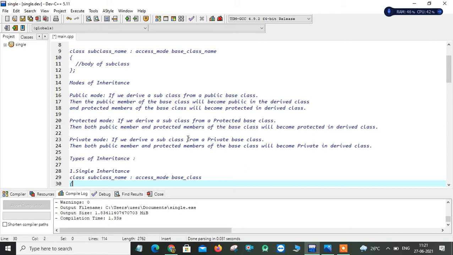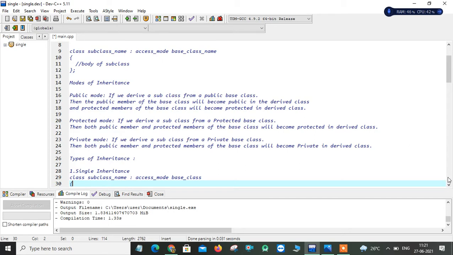This means how far you're going to use the data members of your base class depends on the fact that you have to inherit your child class with a specific access mode. Okay, so public access mode specifies that you can access the data members of your class anywhere in your child class. Whereas with private, those data members will be private to that particular class. We cannot access them outside of your class. Whereas protected members can be accessed in your child class. So those are the modes of access specifiers.